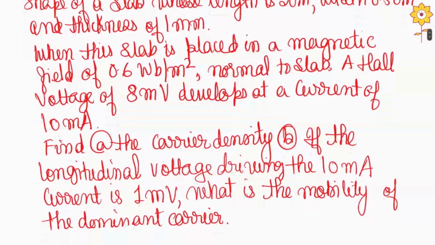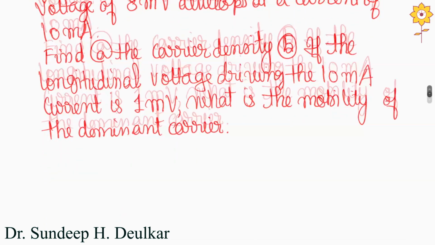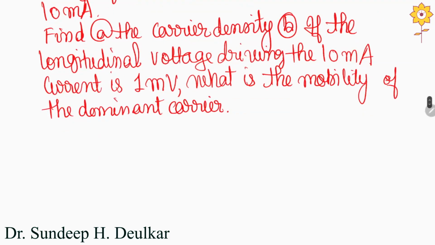You are supposed to find the carrier density, the carrier charge density, and if the longitudinal voltage driving the 10 milliamp current is 1 millivolt, what is the mobility of the dominant carriers? So here we go. Here is the solution to this. Do try it out on your own, and if you succeed, please compare it with the solution that I am